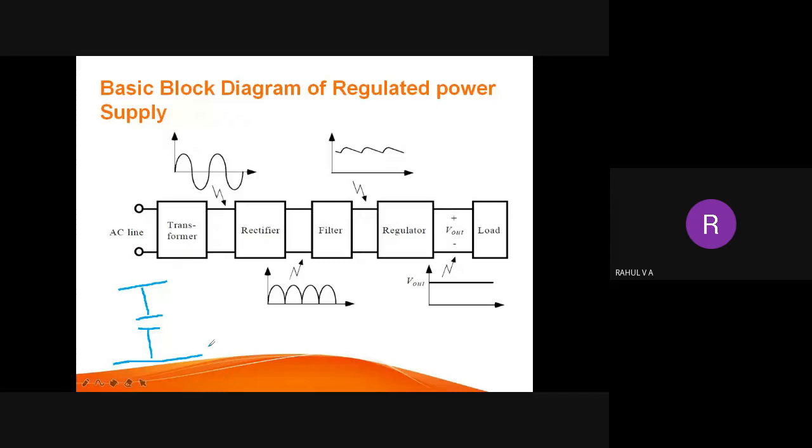And then we have the filter circuit. The output of the rectifier is pulsating DC. To make it pure DC, we use a filter circuit, so after the filter we get pure DC. But to get a constant output voltage at the output terminal, especially for a mobile charger, you require constant output voltage, so we use a regulator circuit. With a regulator circuit the output will be constant and will not vary if there is a variation in the load or line. Are you all clear with this block diagram?